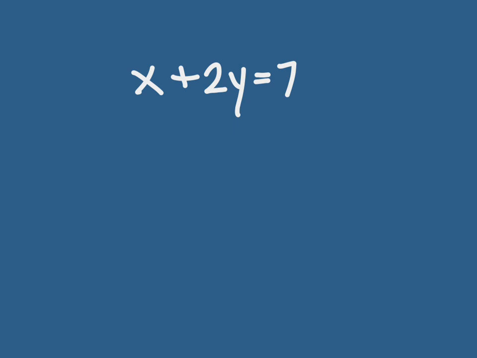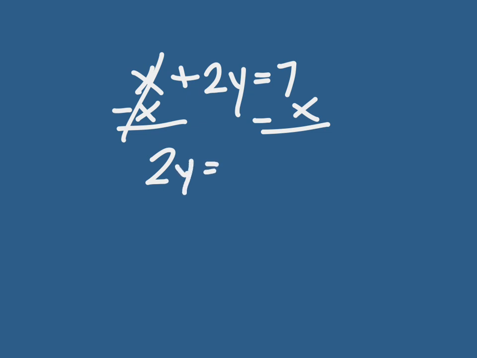I want to get rid of any term next to the y term first. So there is a term with an x variable, and because it's a positive x, I'm going to subtract it to undo it using the inverse operation, and I'm going to subtract it over here as well. Now, I cannot subtract 7 minus x because they are not like terms. So I'm just going to rewrite my equation, and I will put them next to each other. Negative x plus 7. When I'm subtracting x, that x becomes a negative, and my 7 was a positive. So I'm going to make sure that I bring a positive symbol or a plus sign in front of my